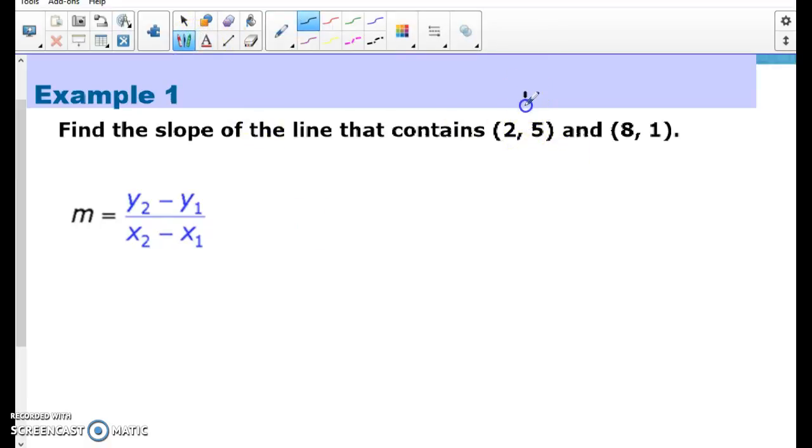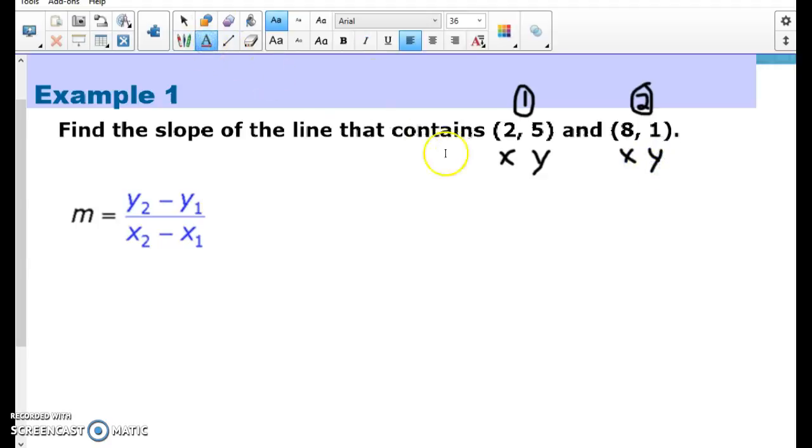Okay, so here's my first set of coordinate pairs: 2, 5. Here's my second set, 8, 1. Remember, it goes in alphabetical order. So the 2 is going to be my x, the 5 is going to be my y, the 8 is going to be my x, the 1 is going to be my y. When I'm subtracting, I have y2, from the second set, so 1, minus y1, 5, so I have 1 minus 5, which is going to equal